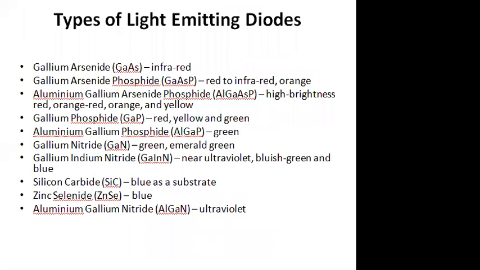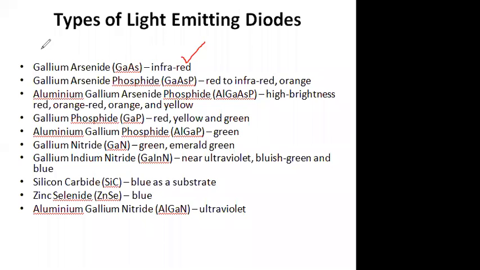There are different types of photoemitting diodes like gallium arsenide phosphide, aluminum gallium arsenide phosphide, gallium phosphide, aluminium gallium phosphide, gallium nitride, gallium indium nitride, silicon carbide, zinc selenide, aluminium gallium nitride. Okay, so there are some types of light emitting diode, and these light emitting diodes reproduce these types of